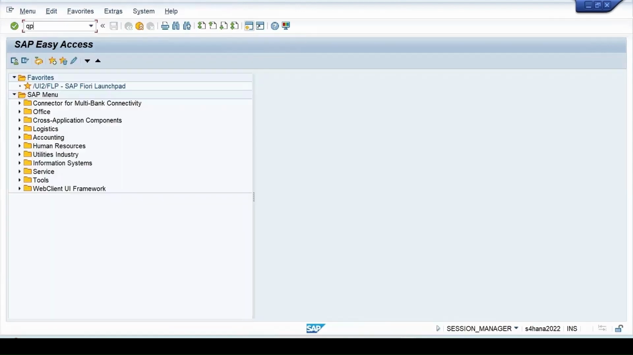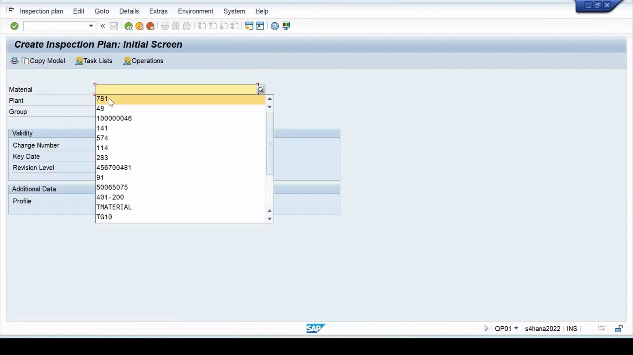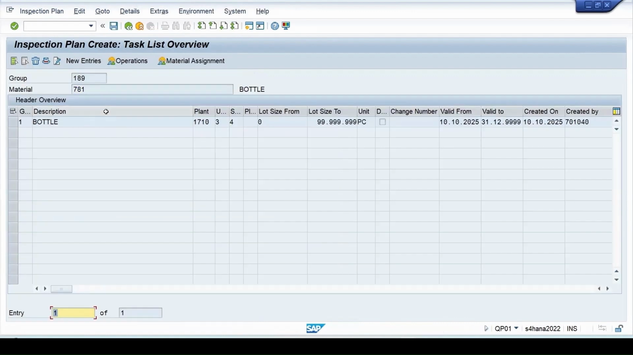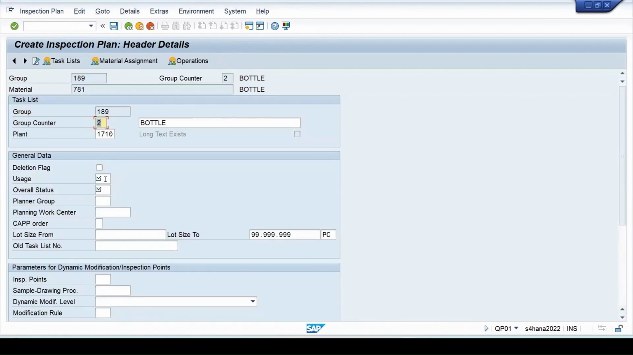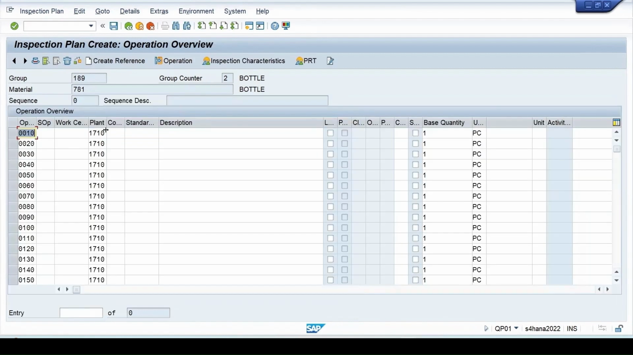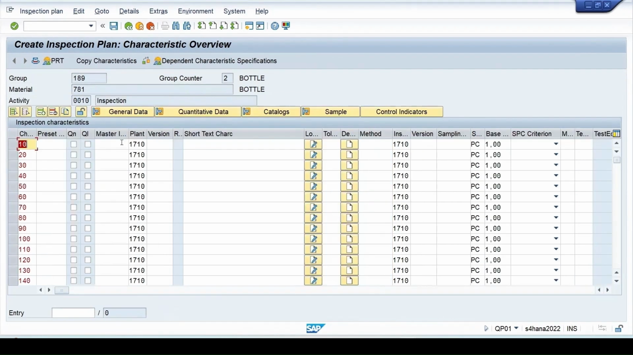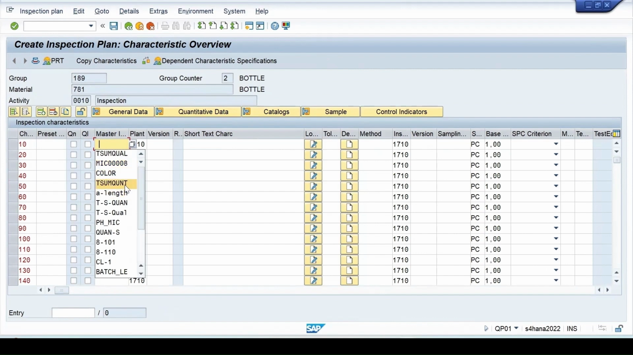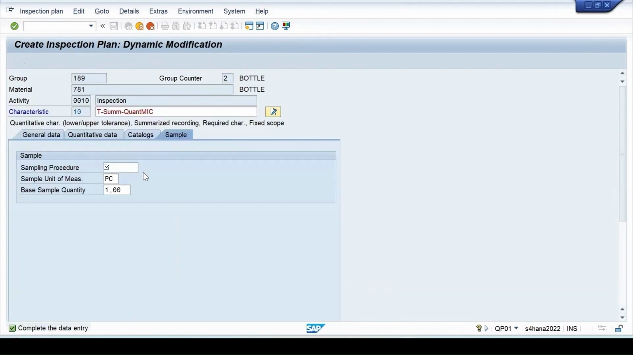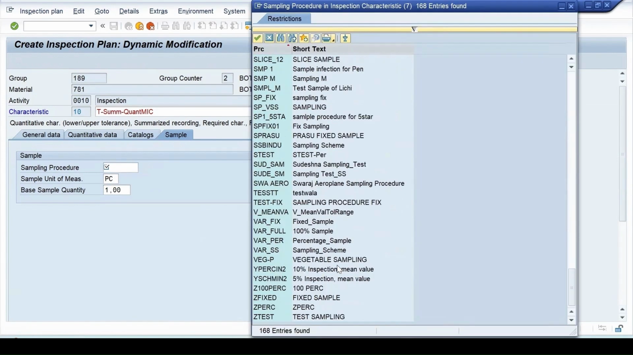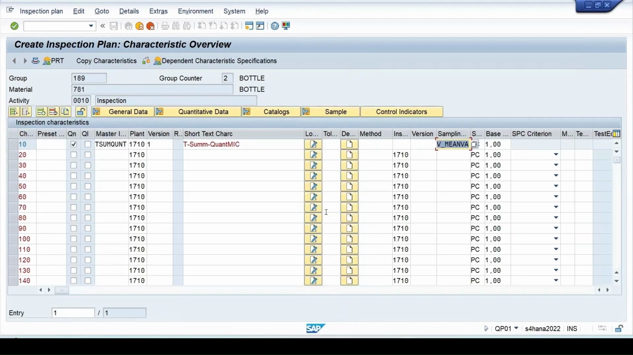So QP01, enter. Material is this, plant is this, press enter key. Click on new entries. Purposely, I'm keeping my usage as 3 and status as 4. We have already created a plan with the usage 3. Let me assign the control key and some description. Select this, go to the inspection characteristics. I can assign another MIC. Press enter key and we can select the appropriate sampling procedure to be used